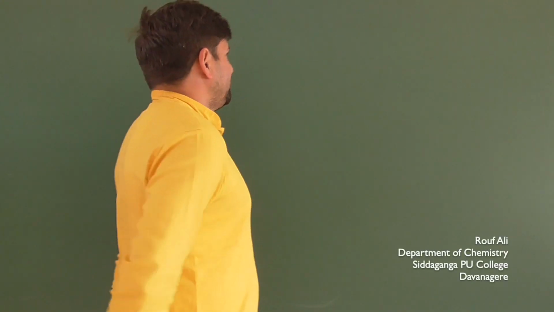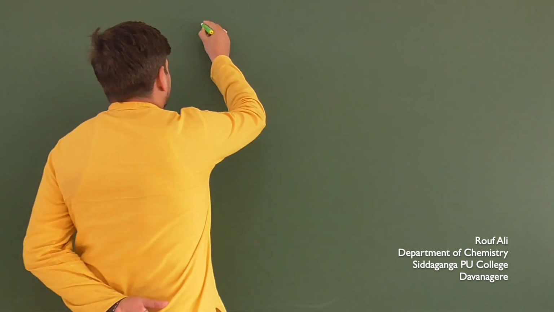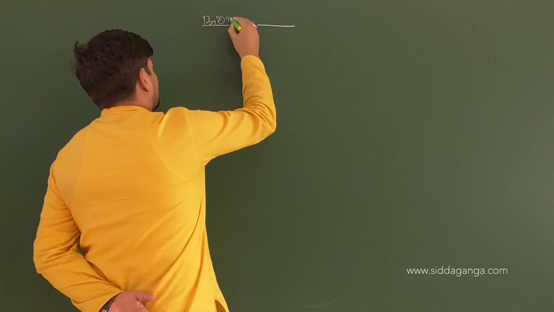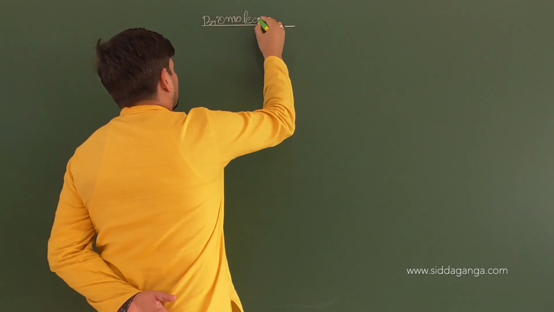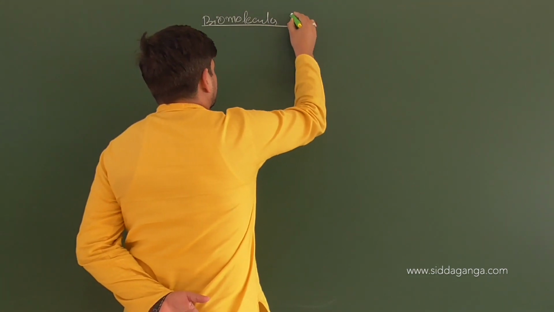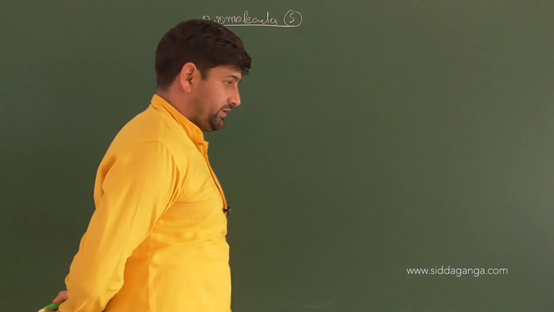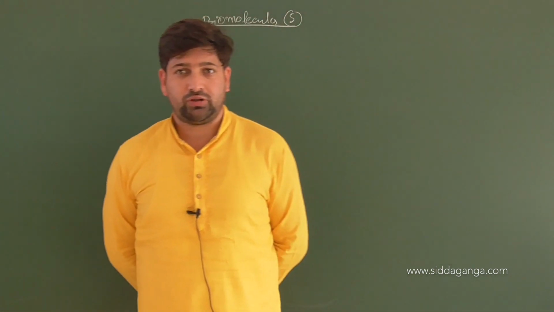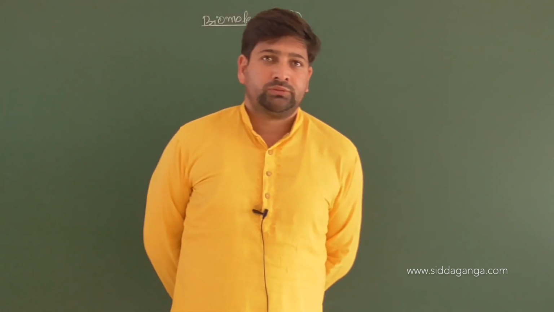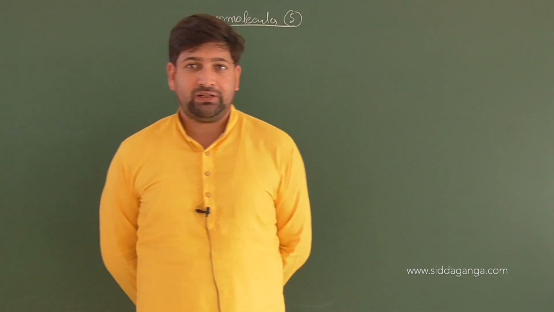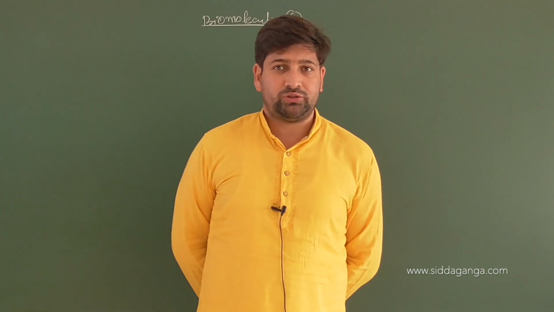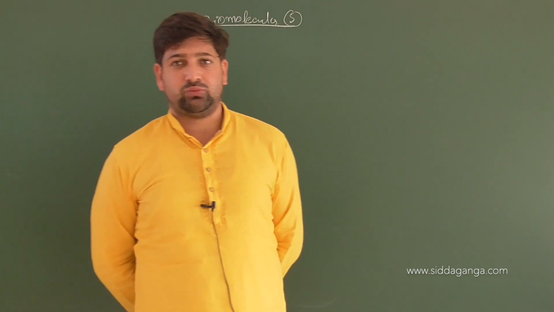Hello children, so we are in the discussion of biomolecules. This will be part 5 of our discussion. We have learnt about many properties of carbohydrates, monosaccharides and disaccharides. The disaccharides we talked about were lactose, maltose, and sucrose, out of which sucrose is non-reducing, and I told you in our previous class why it